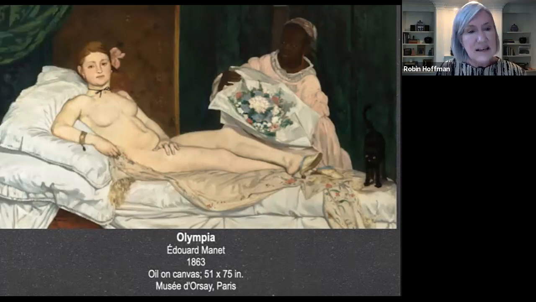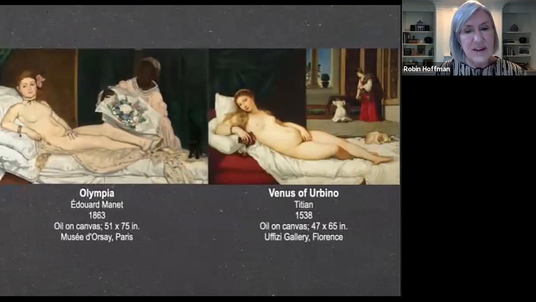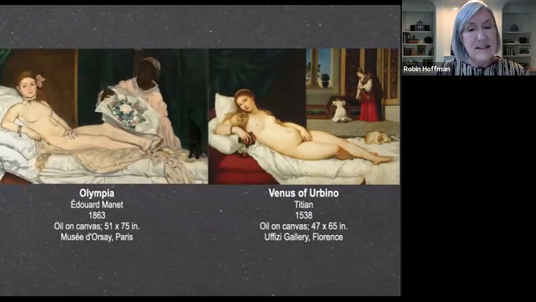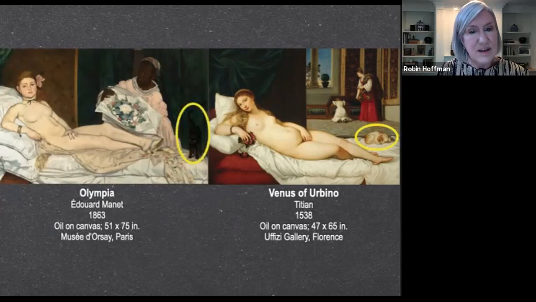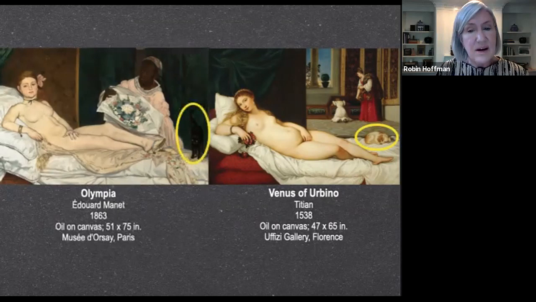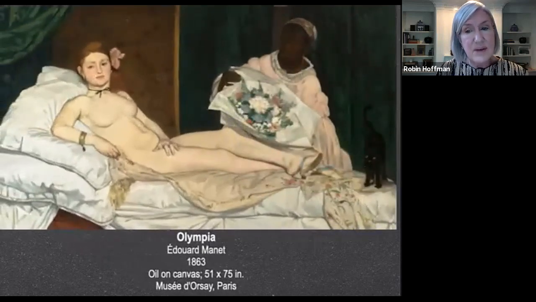Now, Manet's Olympia was inspired in part by Titian's 1538 Venus of Urbino. Whereas Titian's Venus delicately covers herself, Olympia's hand firmly protects, as if to emphasize her independence and sexual dominance over men. And Manet replaced the little dog, which is, you may know, a symbol of fidelity in Titian's painting, with a black cat, which symbolized prostitution. Olympia ignores the flowers presented to her by her servant, probably a gift from a client. And some have suggested that she is looking in the direction of the door as her client barges in unannounced.